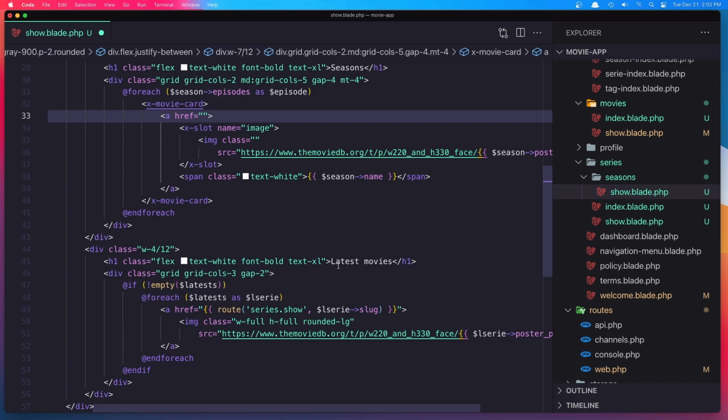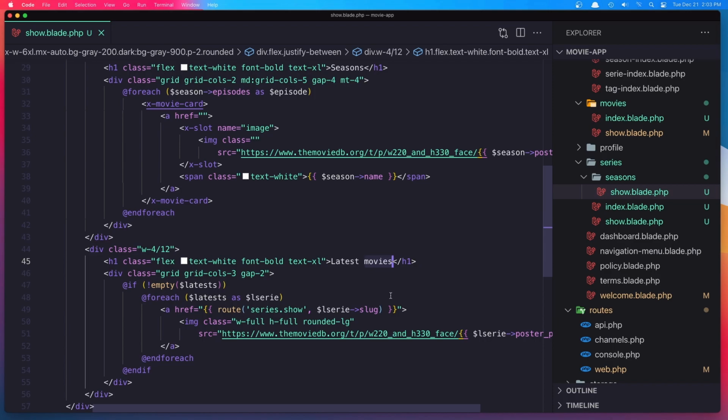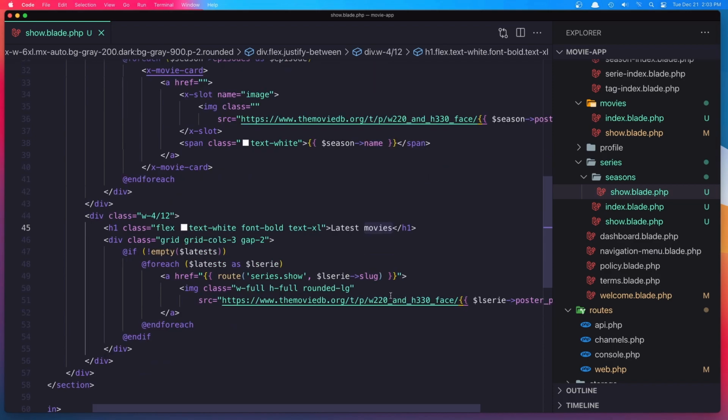And on the right we can say latest seasons, and maybe display the latest seasons here. So save, and not series but the season. So select all and say season,